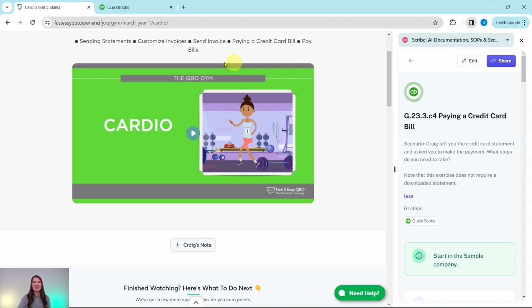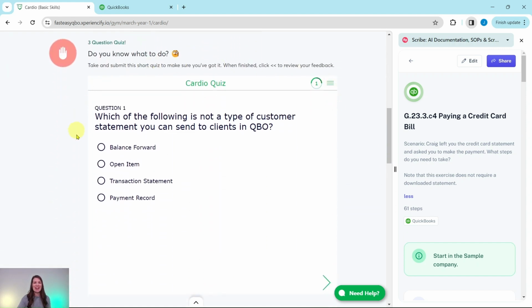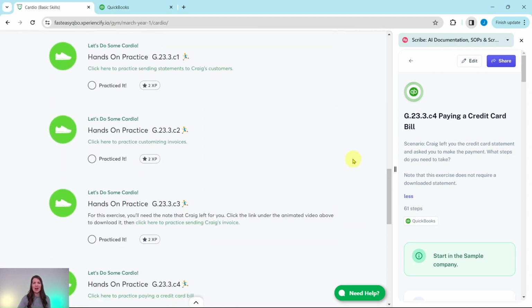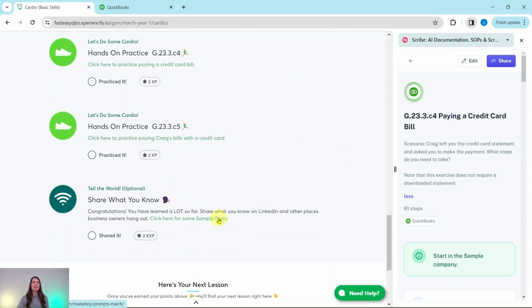skills. At the top here is an animated video to give you a synopsis of what is going on in Craig's world this month. He is our fictitious business owner. Further down is an interactive pre-assessment quiz. Below that are all of the exercises in this section. And at the bottom here is an optional area where after you have completed all of the exercises in this section, we do have some sample posts that you can use on your LinkedIn to share with everybody what you